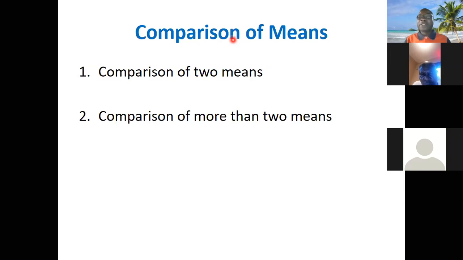When we are comparing means, you may have 2 means or you have more than 2 means. Unlike comparison of proportion, where you use chi-square whether the groups are 2 or 3 or 4 or 5, you use chi-square. But when it comes to comparison of mean,